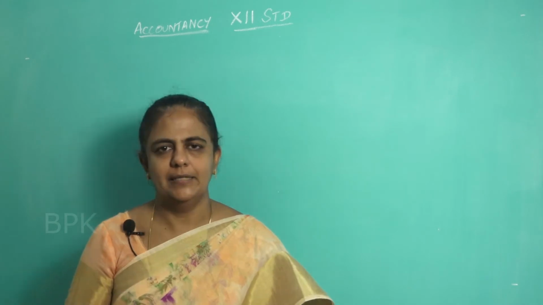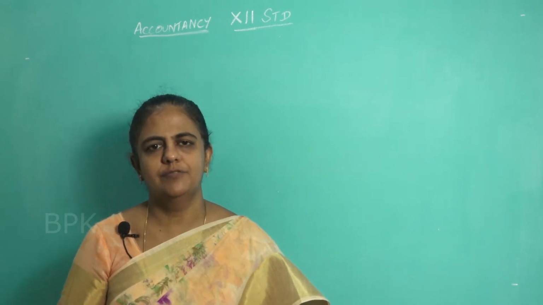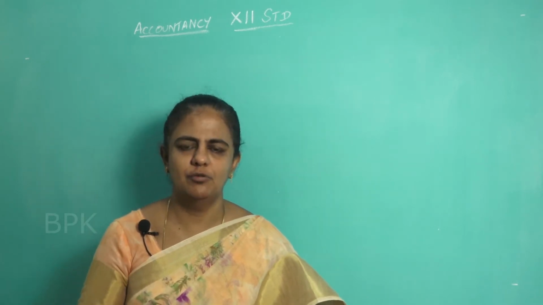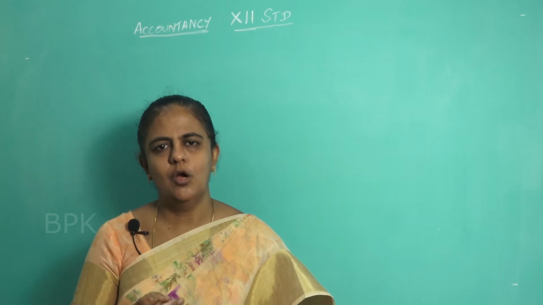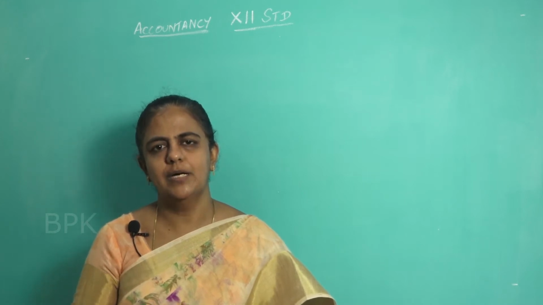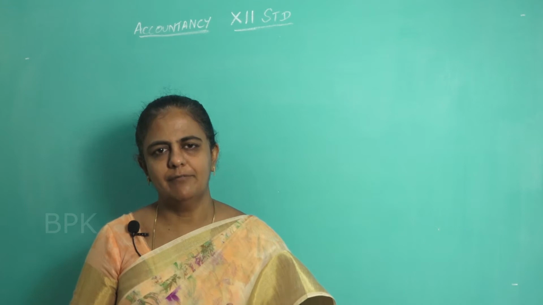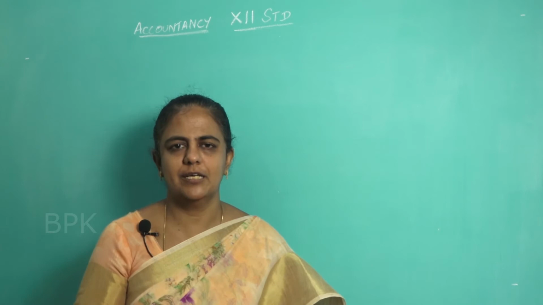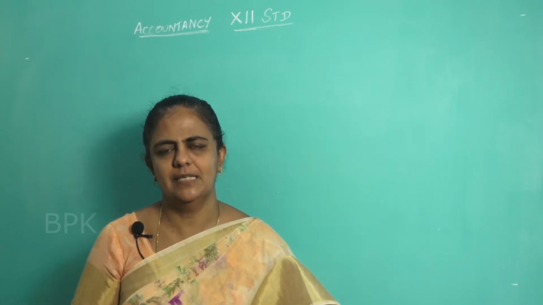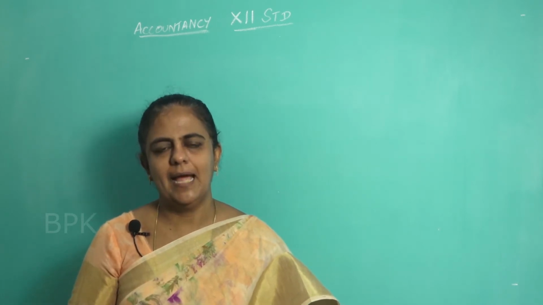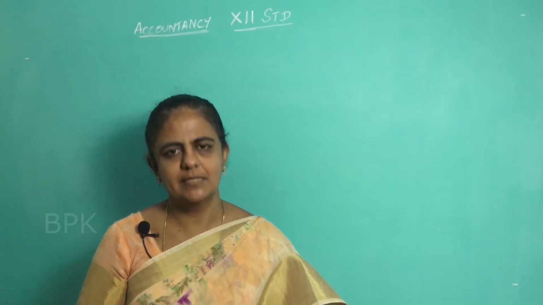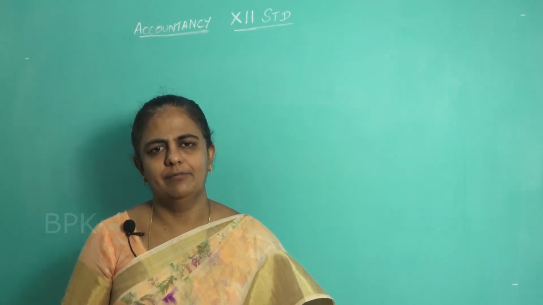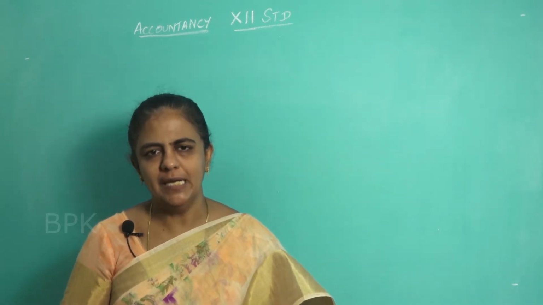Suppose he is introducing extra capital on 1st July and the accounting period ends March 31st. From July 1st you have to calculate, that is July, August, September, October, November, December, January, February, March, that is for 9 months. So the date of introduction of additional capital is very important. On the opening capital also you have to calculate separately, and both should be added. This is the way you have to calculate interest on capital for the partners.